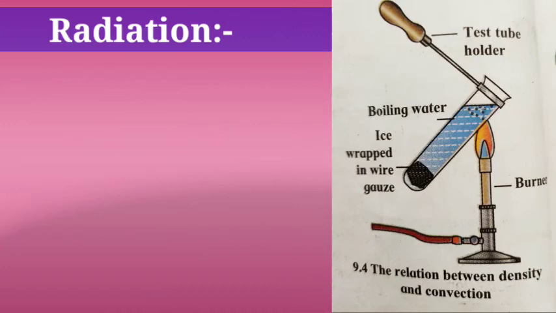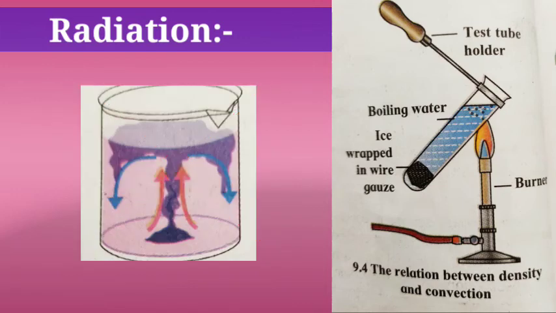The ice does not melt even though the upper part is heated. Reason behind this is the density of water. Density of water decreases in the upper part due to warmness. Hence, water cannot flow downwards, and so the convection process cannot take place.